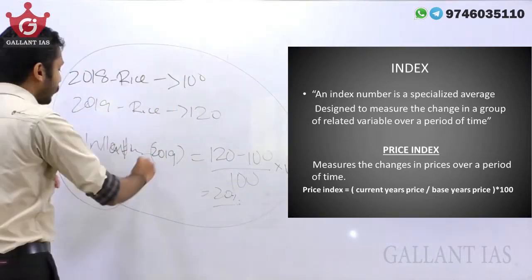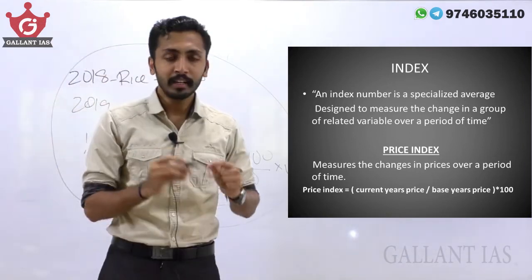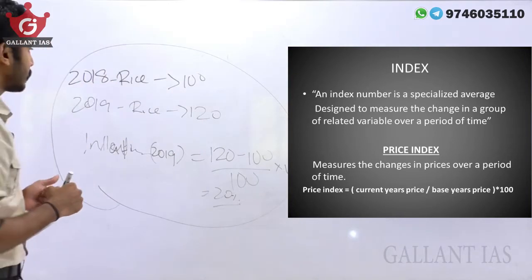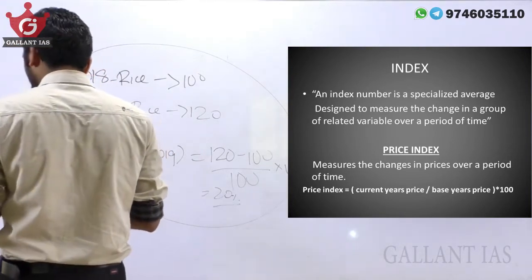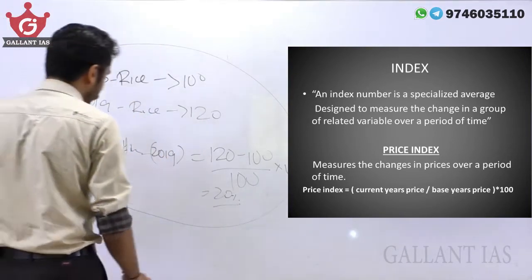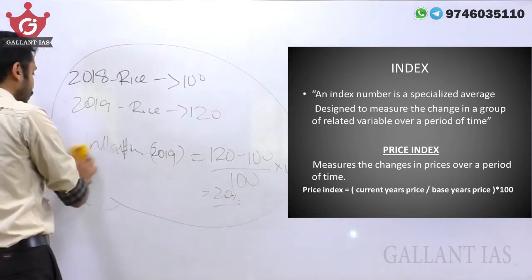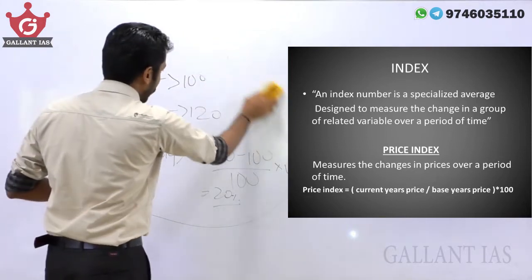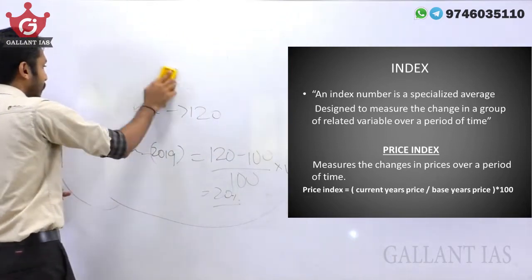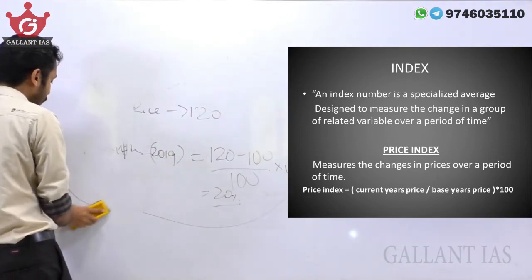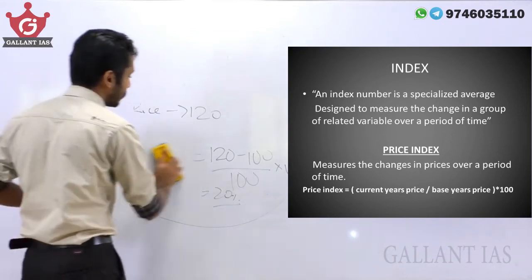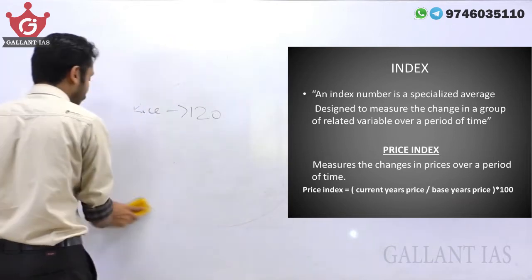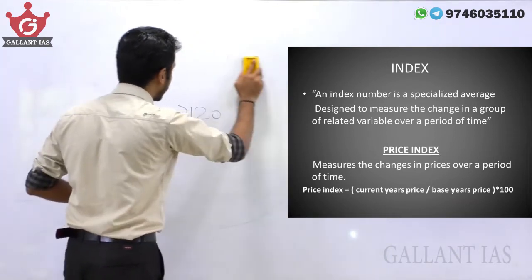To calculate the inflation of a general economy, there are a lot of goods and services produced and sold in the economy. To find the inflation of that economy, we would need to take the prices of every item. That is not at all possible. That is why we use indexes. In indexes, we use a basket of commodities that have a representative nature, which are very common and very important for the day-to-day life of a common man.